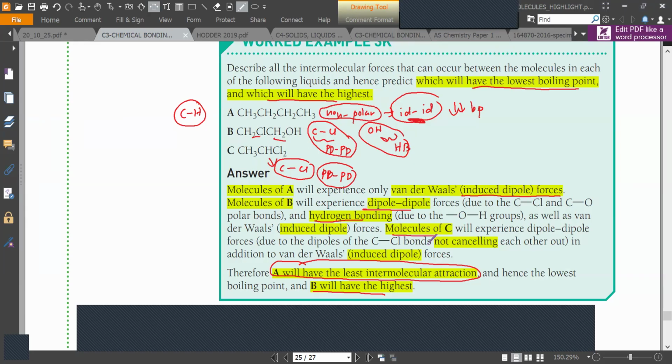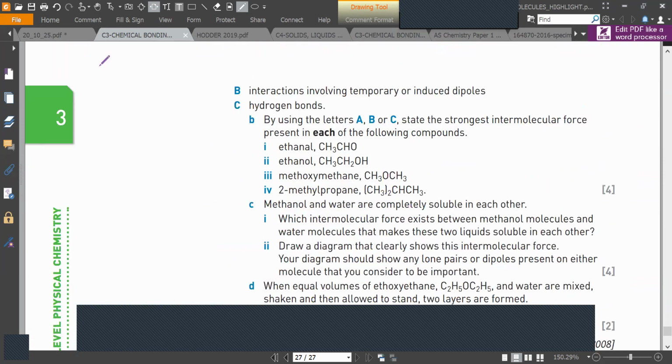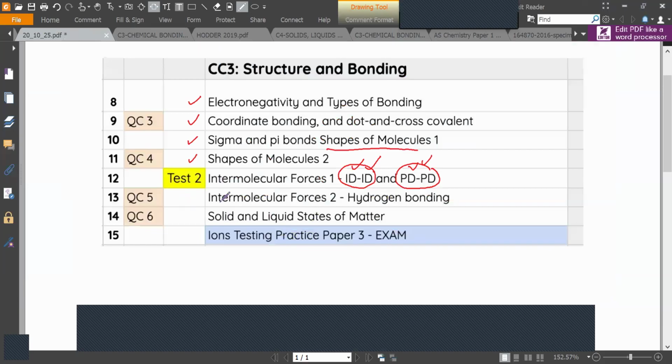So C will be the permanent dipole only, so C is in between. Okay, so that's the idea. Cool, so this is done. Now this intermolecular forces is done, and this hydrogen bonding is done. Next,